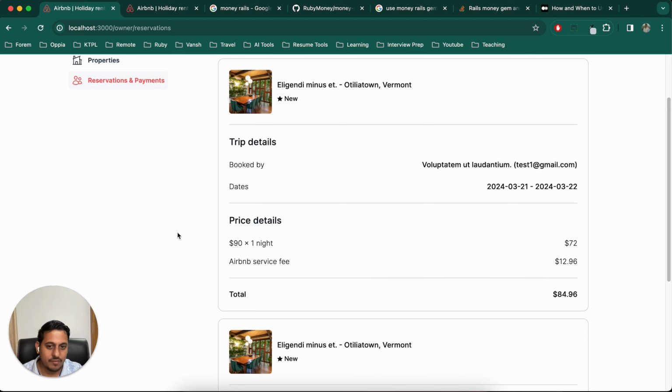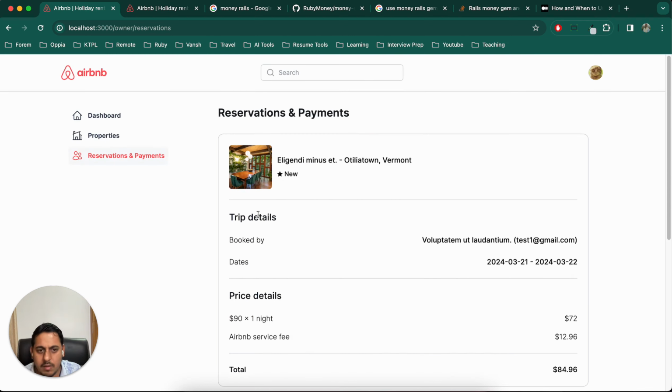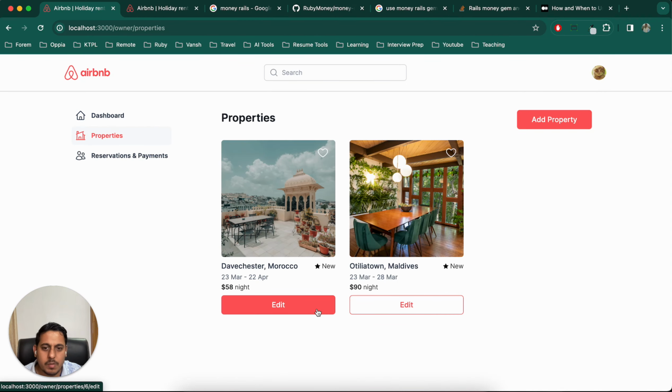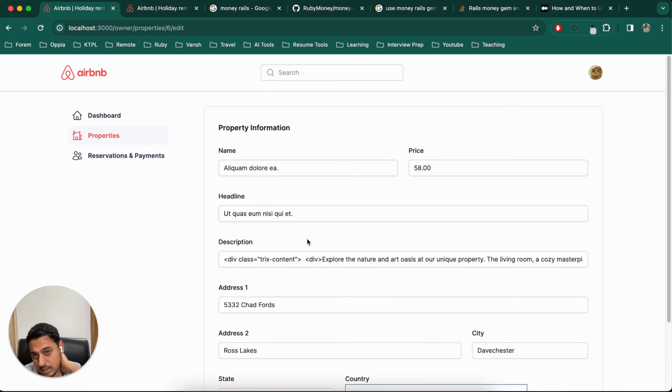So we have found one error, we'll fix it later on. Right now it's not important. Now let's go to property again, edit. So basically we can edit all these details. So what we'll do is